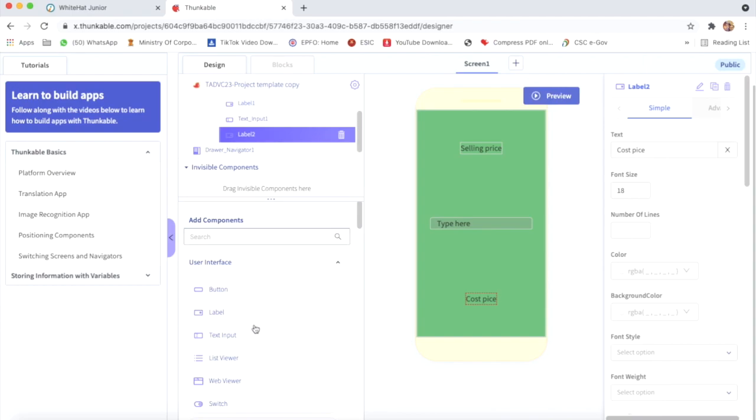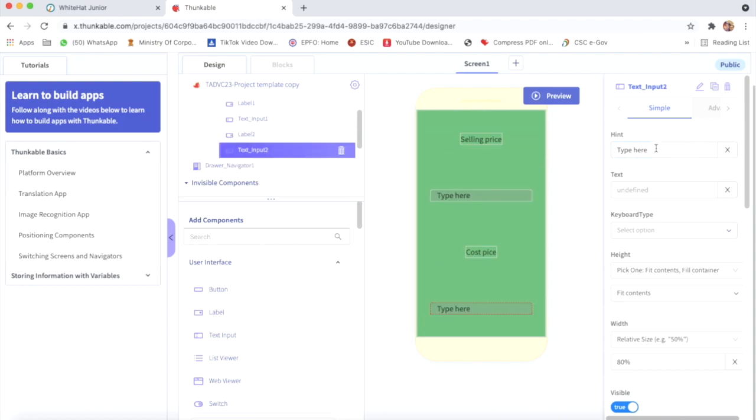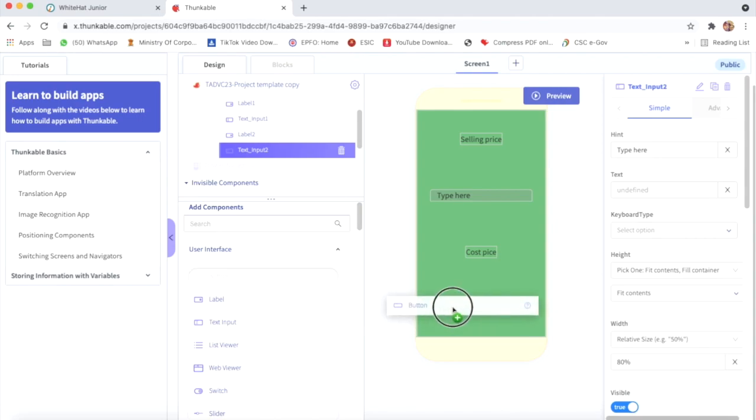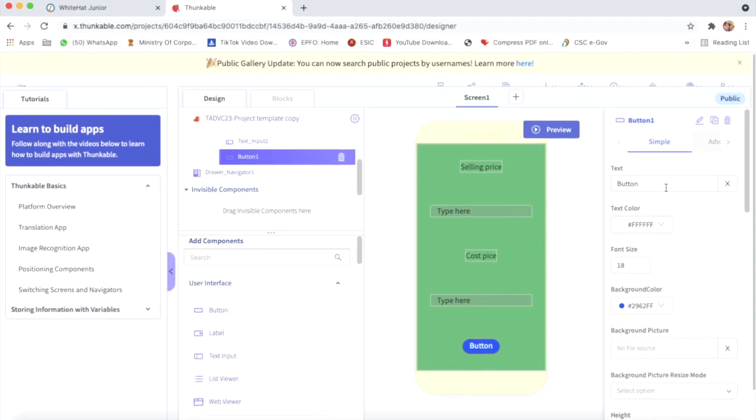Yes, and now I will take one more text input. I will drag it here on my screen below label 2, and the hint will be typed here. Okay, so now I will take a button below this text input 2, and then here I will write calculate.